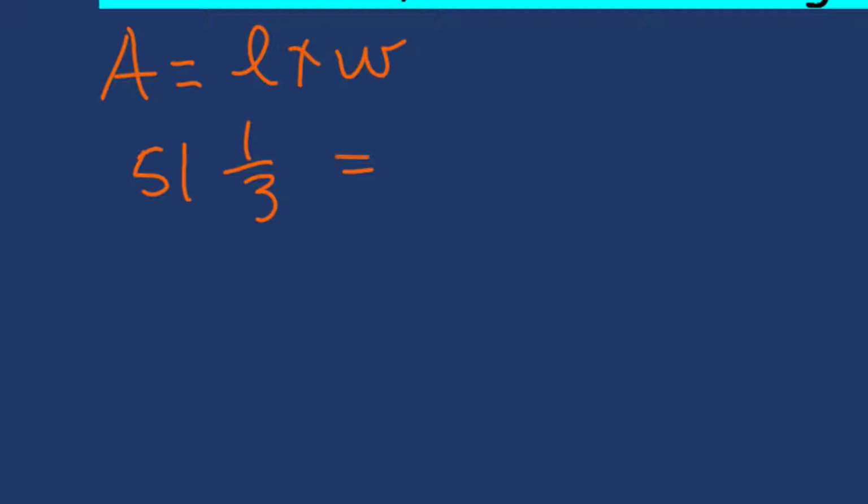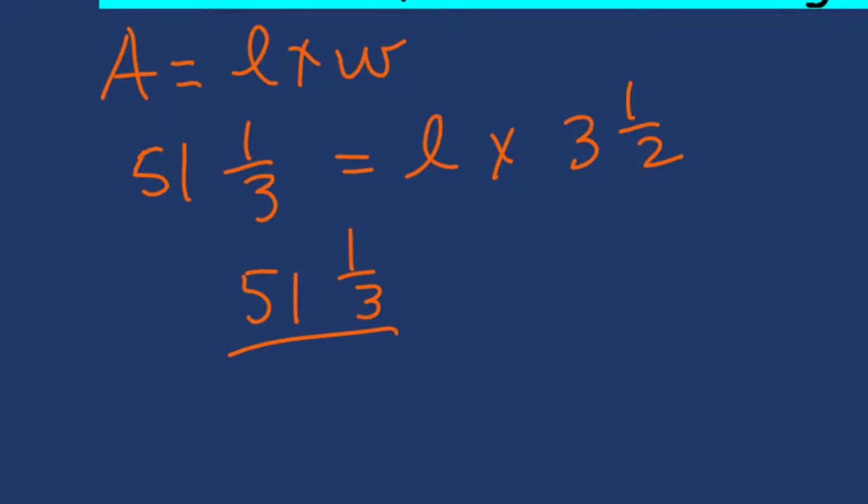Well, it says the width of the attic is 3.5 feet, but it doesn't give me the length. So the length I don't have, but I do know that the width is 3.5 feet. Now, that would mean that if length times width is equal to the area, then I could take the area, which is the 51 1/3, and I should be able to divide that by the width, which is